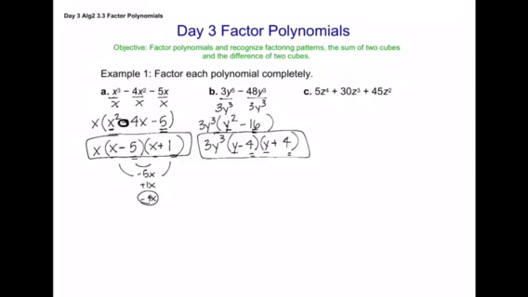Looking at example C, I can tell that they all have a z squared in common and a 5. So I'm going to factor a 5z squared out of my polynomial. So whatever you're dividing by or factoring out, put on the outside of your parentheses. Divide your polynomial. And then you need to ask yourself, can I factor this further? Well,